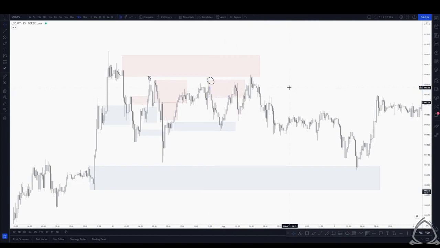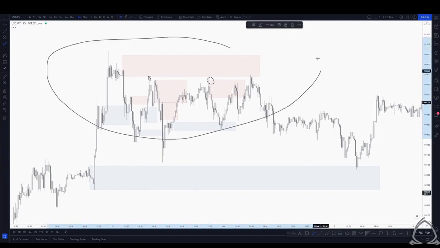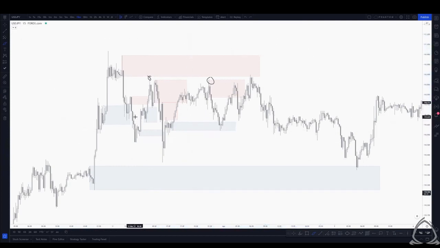And one thing that I recommend doing after you've completed this exercise of just simply mapping out supply and demand zones, again, don't worry about what happens to the supply and demand zones. Just worry about mapping them out and understanding the order flow and understanding what's actually happening from a candle to candle basis. Again, we're going to build on this so that we can start to eliminate certain supply and demand